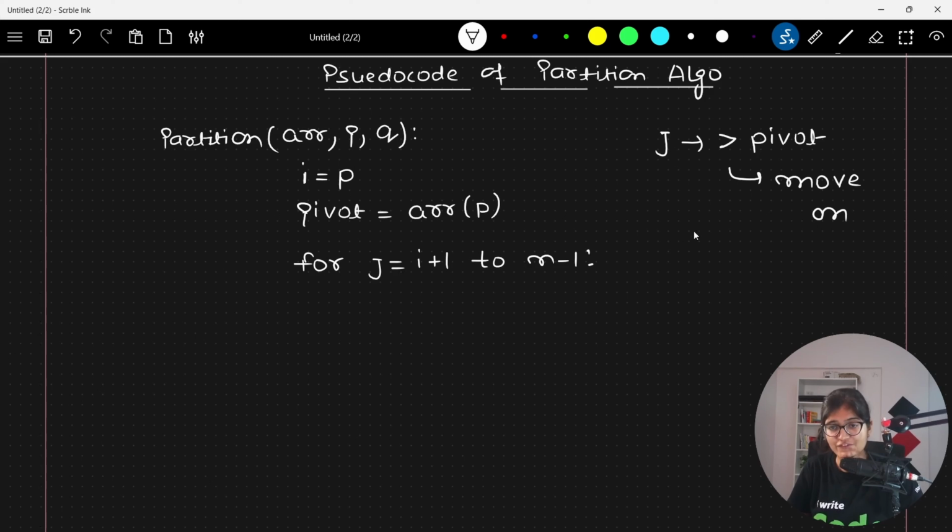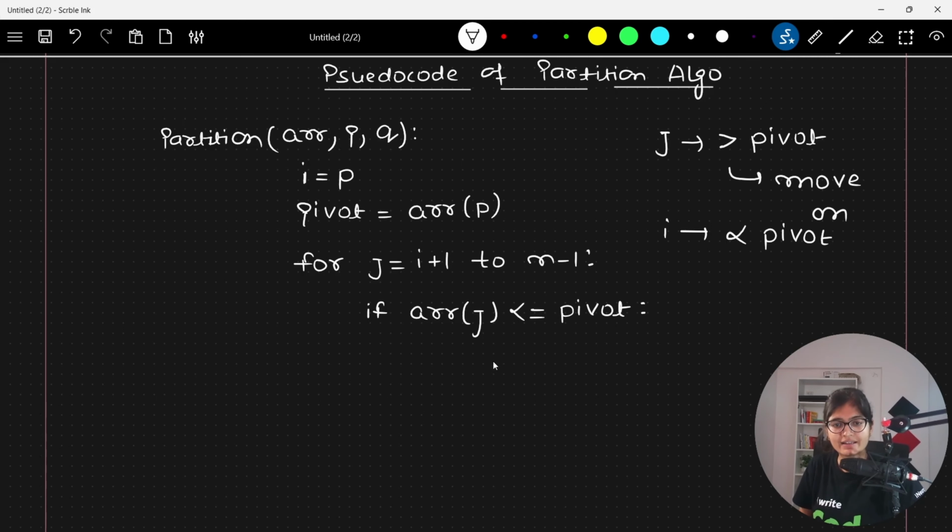If that is the scenario, j value will keep on updating. But the responsibility of i is to take care of the value which is less than the pivot. So if there is some element which has a value lesser than the pivot one, first of all the value of i will get updated and then the swap will happen. So if the value of R of j is less than or equal to the pivot element,